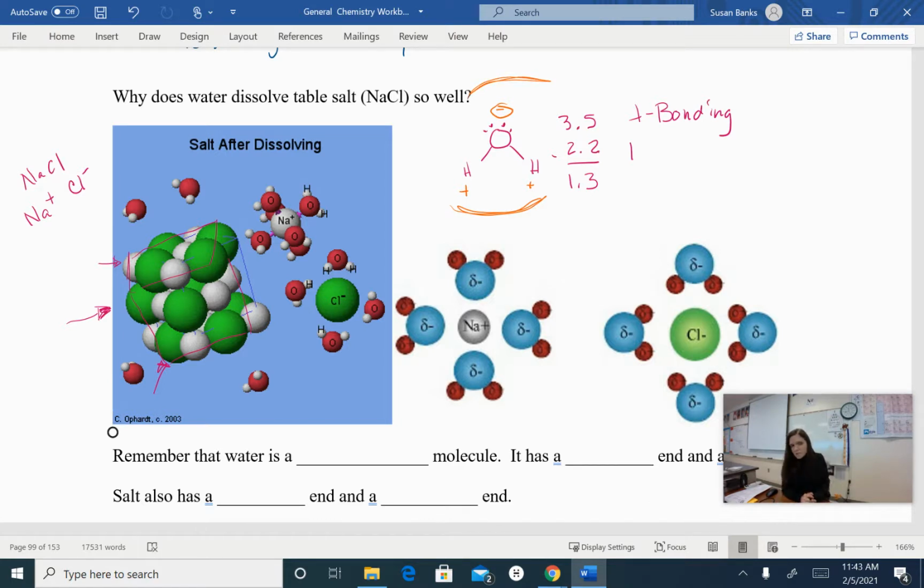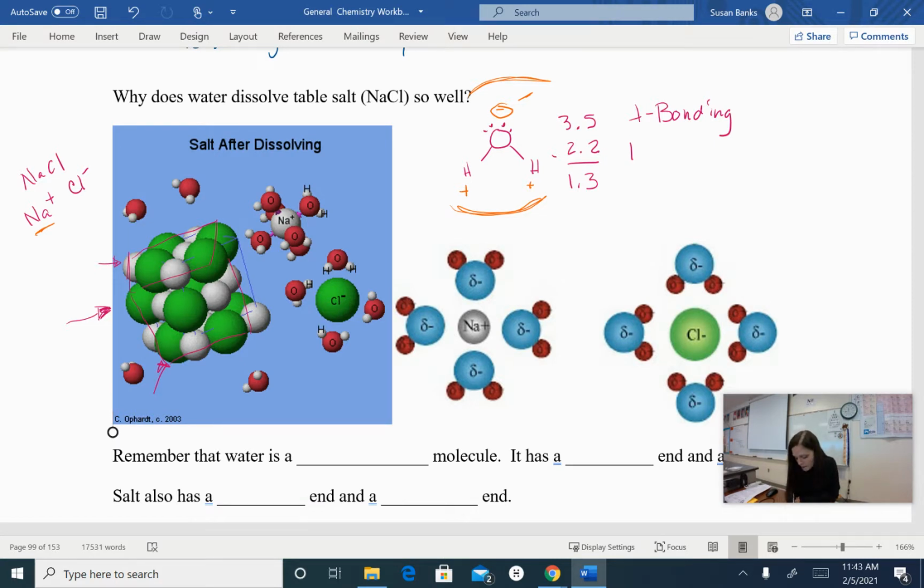Okay? So you grew up, hopefully, playing with magnets, and hopefully you remember that magnets attract each other. And if you remember correctly, the positive end of a magnet is going to attract the negative end of another magnet. So because sodium chloride has a positive end, could it be attracted by the negative end of the water? Yeah. So let's look at what